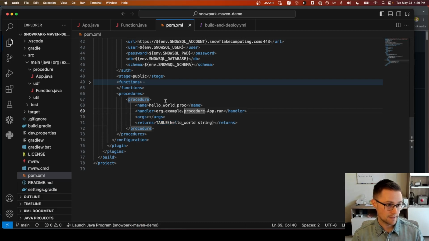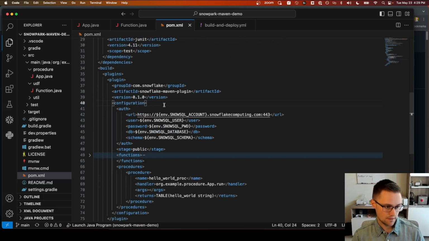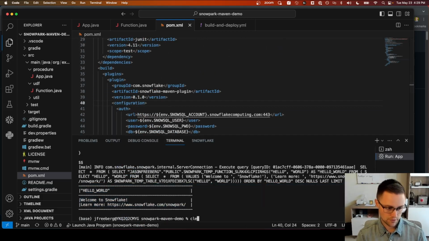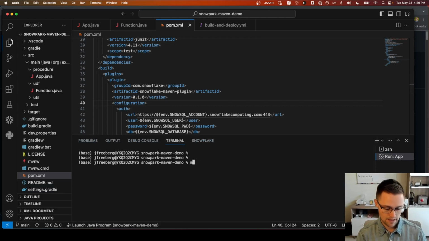So with all of this specified in the POM, I can come back to the terminal here, clear this output, and I can do Maven clean package. And so, of course, that will clean my target directory and then recompile my app and run my tests. And now what I'll do here is add Snowflake:deploy. So we'll run this,